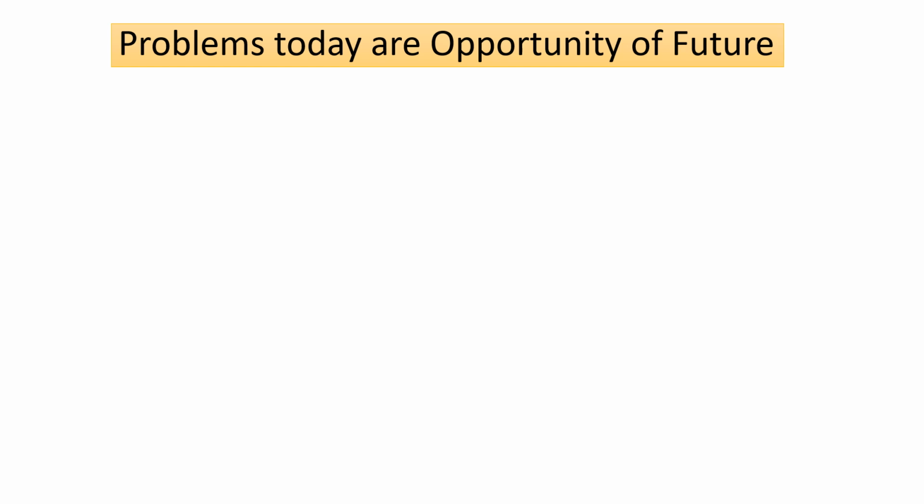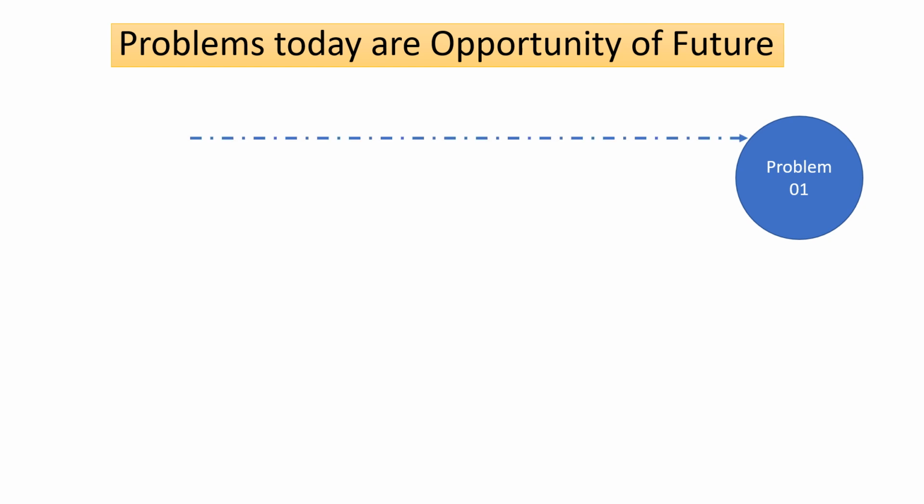For example, if we have a problem, like problem 1, then there might be some root causes associated with this problem. You need to do a root cause analysis, a detailed assessment of why this problem exists. It could be a social problem, an environmental problem, or another economic problem. Once you have the root cause analysis done, then you can find out